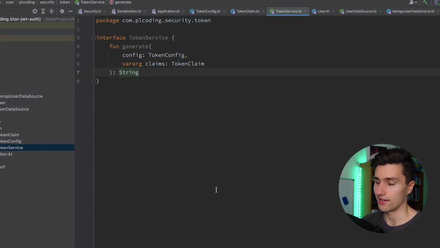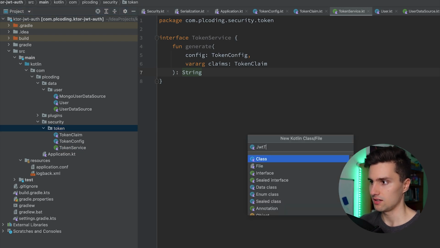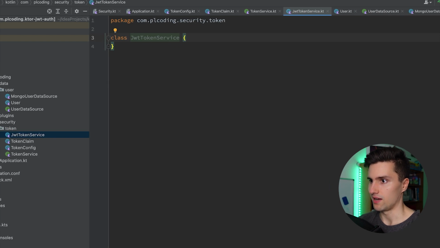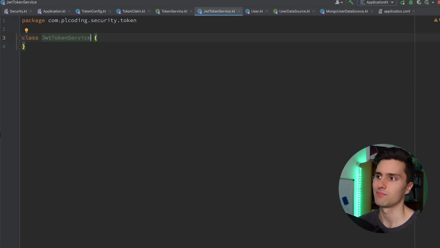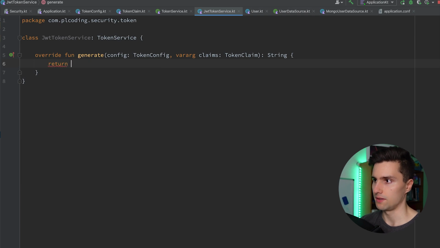And then we write a class that implements this TokenService to actually implement this generation logic. So in here we have our JwtTokenService. And by the way, every time I call something a service in software development, that's usually just a way to call a class that is stateless and just provides functionality for other classes. So here we just have that functionality to generate a token, but this class does not keep any kind of state. So we don't have any member variables here. We just want to provide functionality for other classes by implementing this interface, pressing Ctrl I, and returning